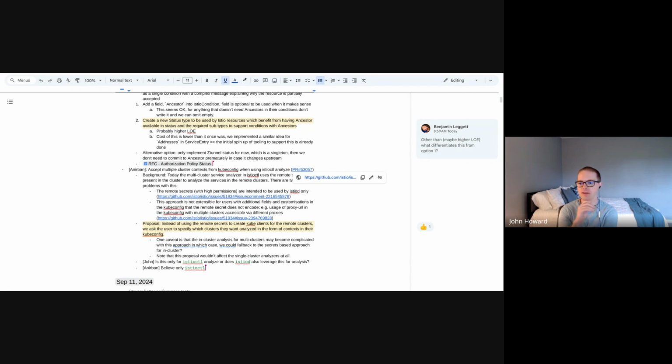It's tricky. I think the default of using all the contexts you have in your kube config is unsafe. I just looked at my kube config, it has like 80 clusters and a lot of them I should not be touching and messing with. I know that the analysis is read-only, but still it seems like a taboo to do. I've never seen a tool that does that.